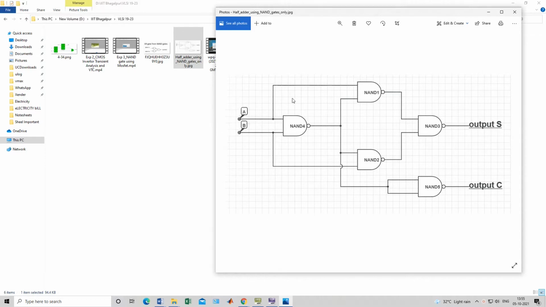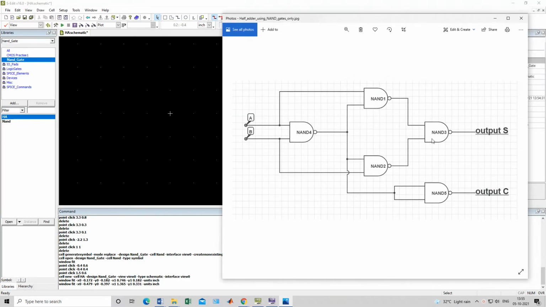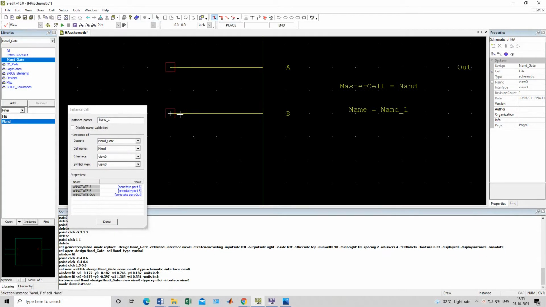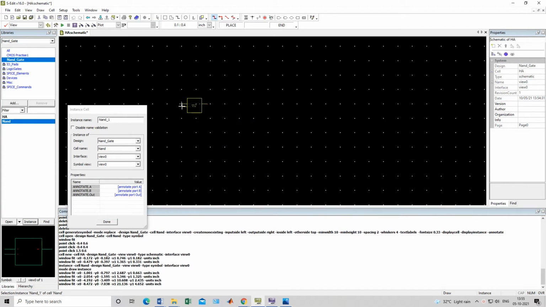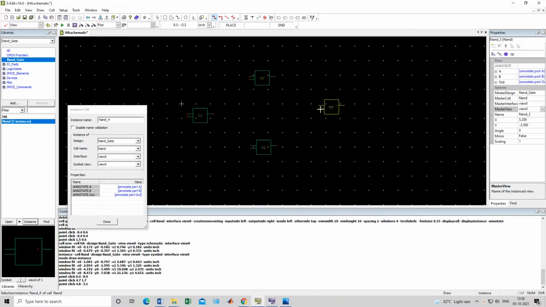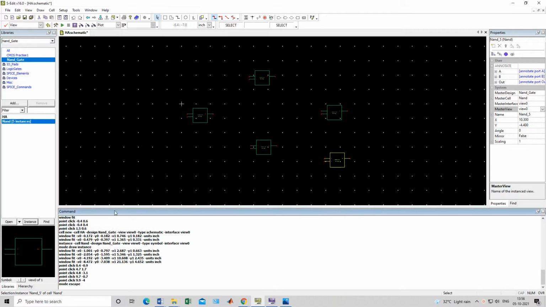We have already designed the NAND gate. We will just use that NAND gate only to design this half adder. So I will keep the circuit here only. 1, 2, 3, 4, 5 NAND gates we need. This NAND gate is already designed. I will use this NAND gate instance only, and as you can see I will place it here. One NAND gate is here, one will be here, one will be here, 3, 4 and 5 will be there. Five NAND gates we need. So I am using our designed NAND gate only.